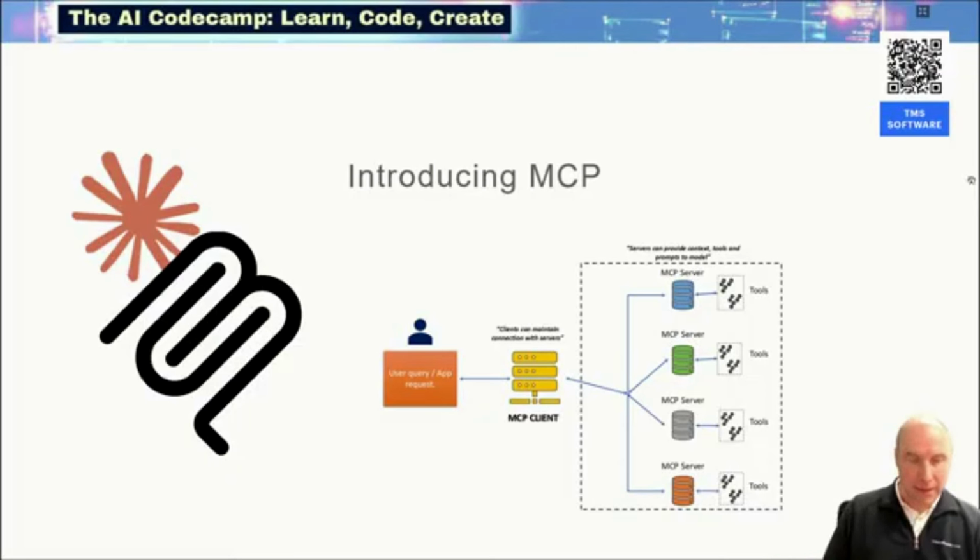So everything that you want to give as context to the model can be encapsulated in a server application that will talk to a client,